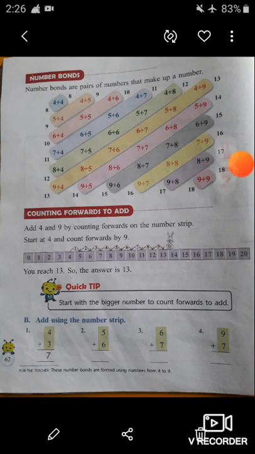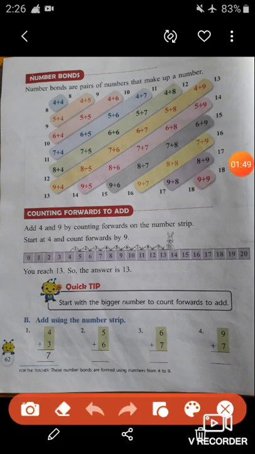First of all you have to start from number 4, then you have to count forwards by 9, or you can say that you have to skip forward